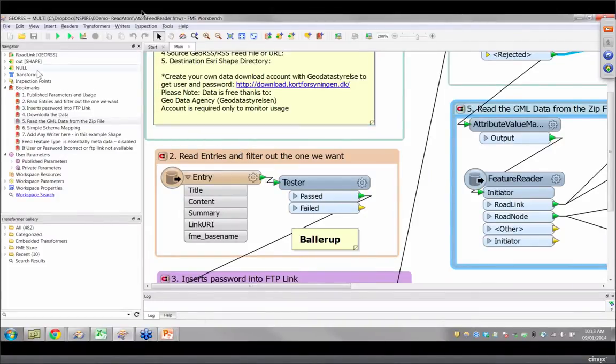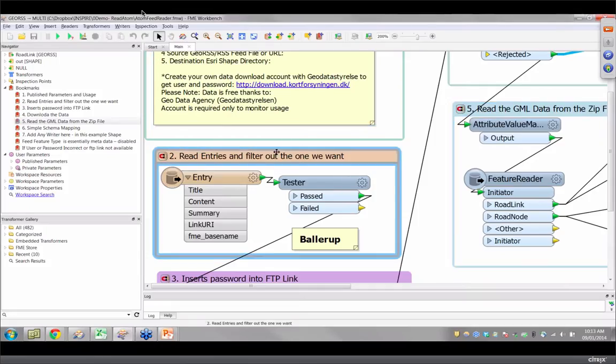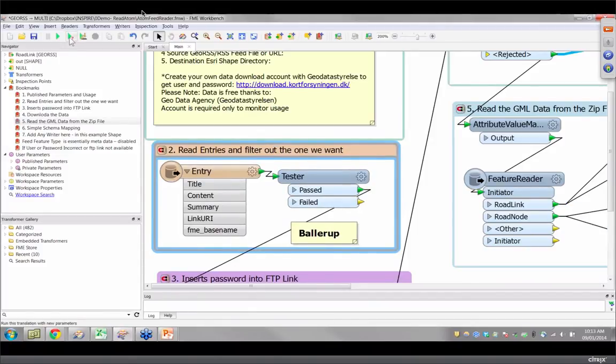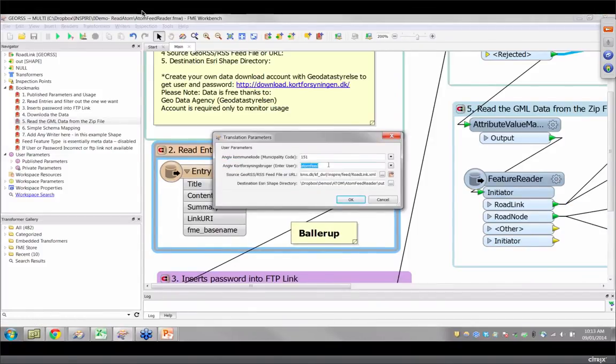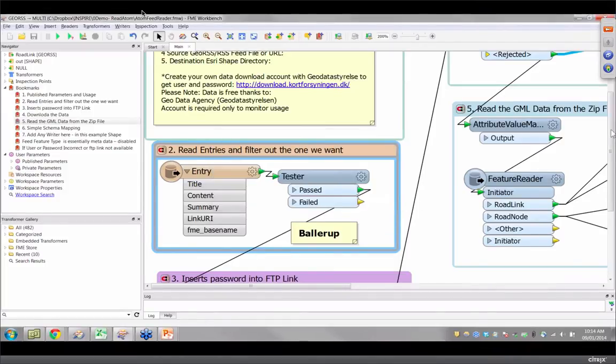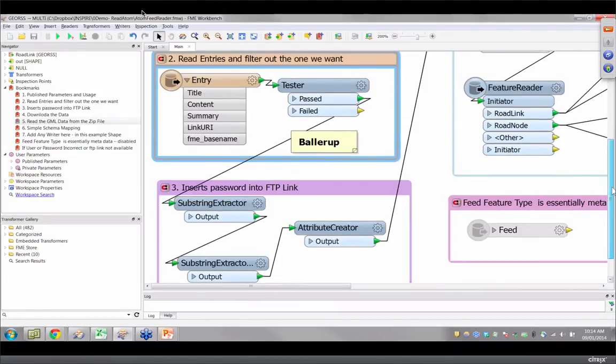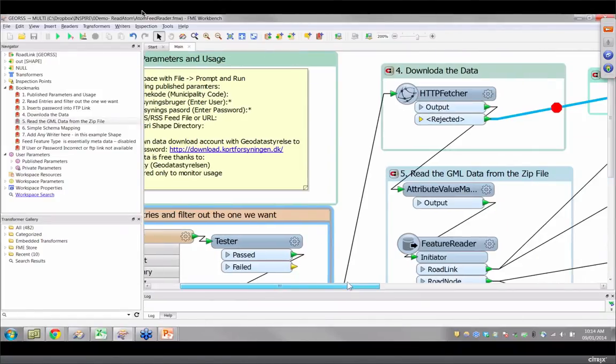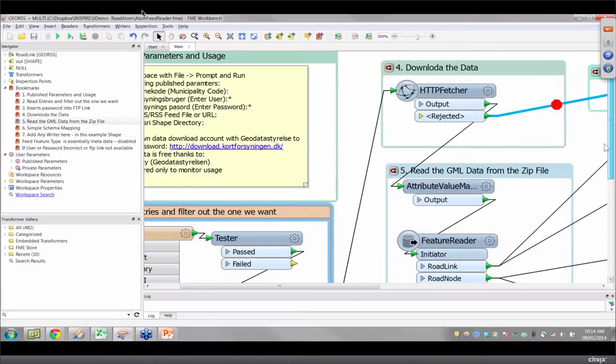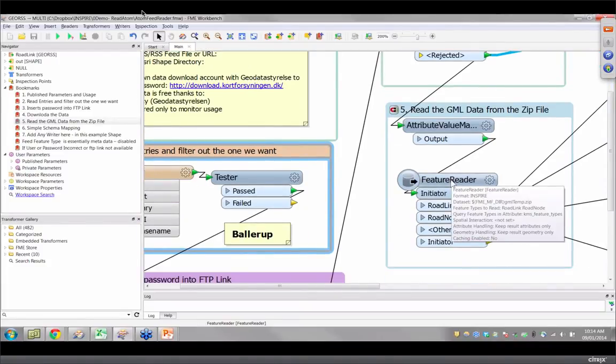So we're reading in this workspace from this XML feed right here. And this right here, we're using the RSS reader. The workspace includes parameters for the username and password. You can get an account just by going to the Geodata Denmark website, create an account for yourself. So we insert the password into the link that we're reading from the XML file. And then FME uses my favorite transformer, the HTTP fetcher, to pull down the zip file. FME will pull down the zip file, we drop it into a directory, use the feature reader to read the